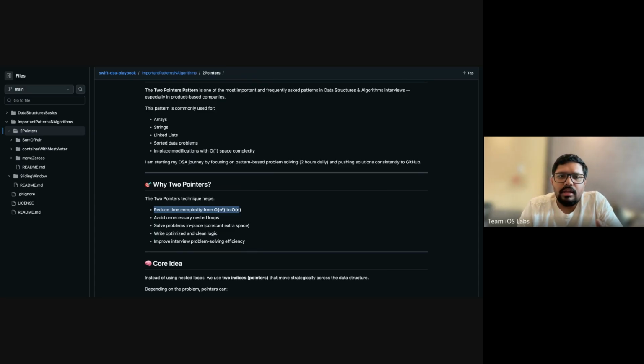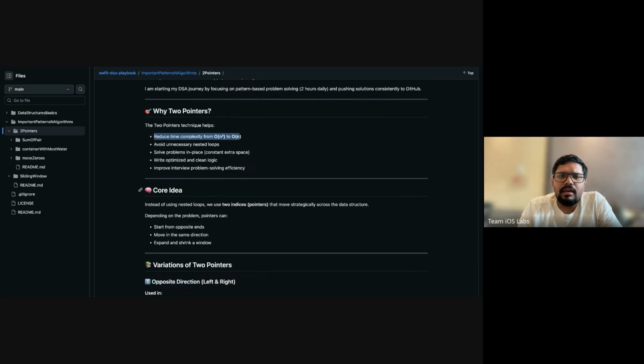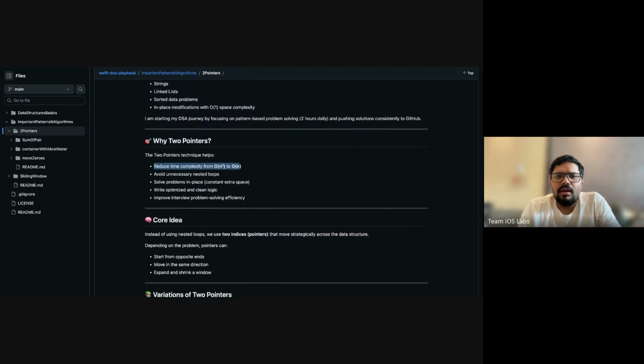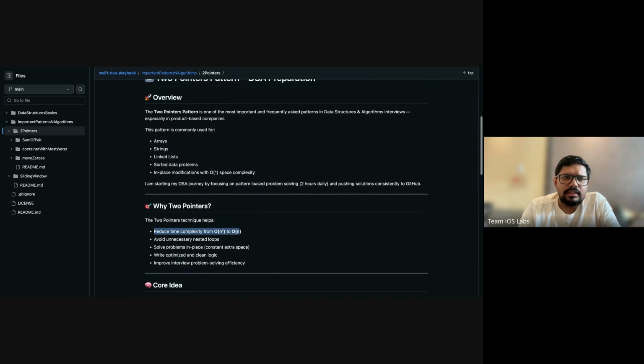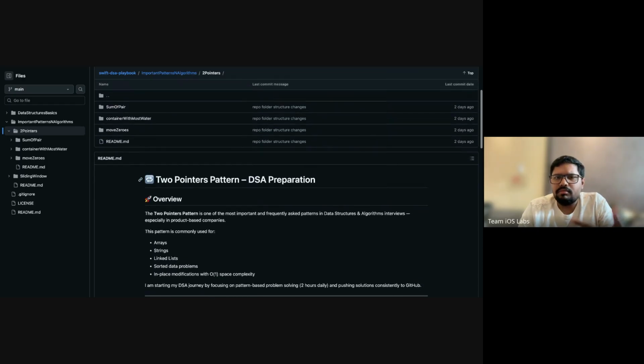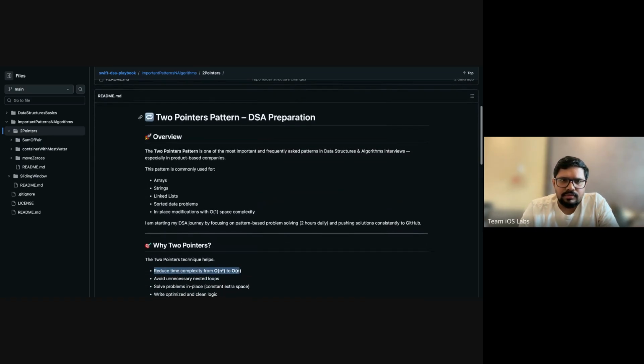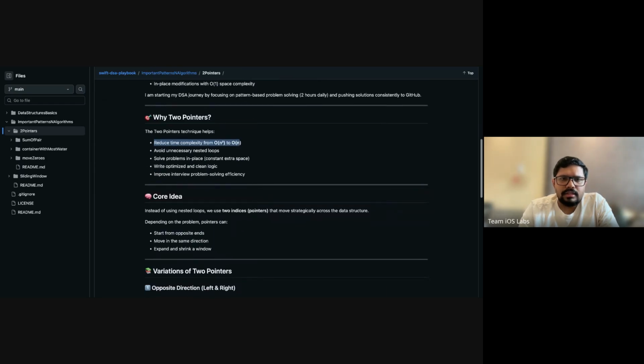In these kinds of problems, you can reduce the time complexity to O(n) with approaches like two pointers, sliding window, and other patterns. So today we will discuss this.